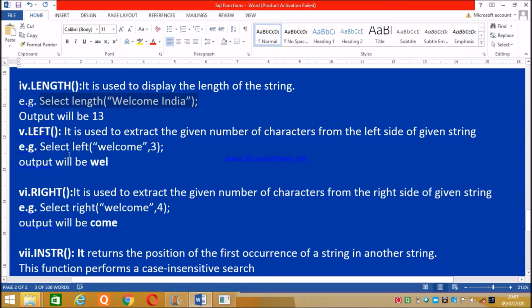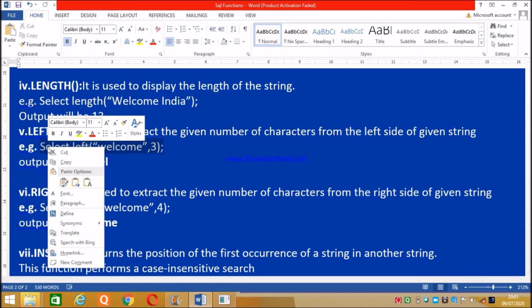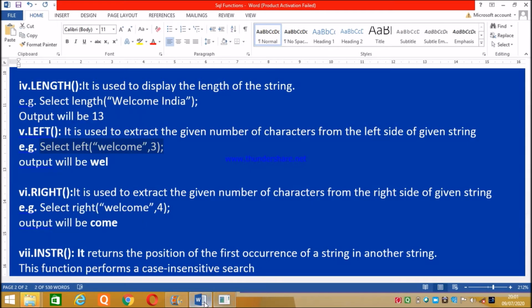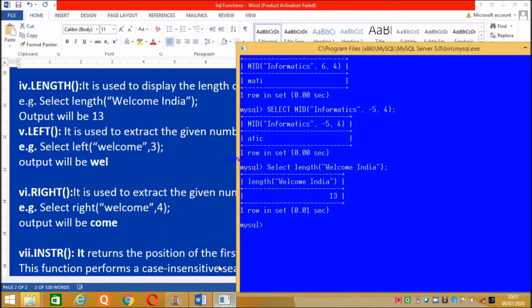Now we have the next function, left. Left is used to extract a number of characters from the left side. Whenever we need to extract characters from the left side, we have to use this function. So here I am taking the same example, and we can go for the right side here. We can copy it and paste it here, as you can see.